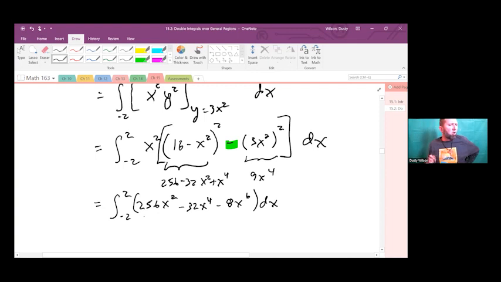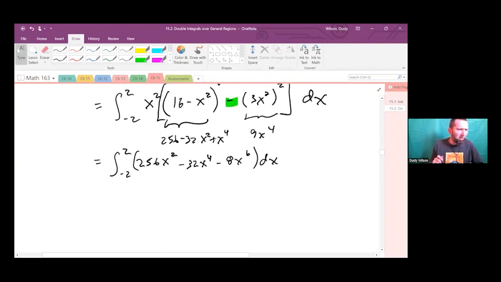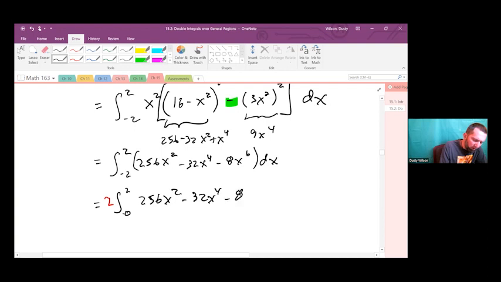These functions are entirely even, symmetric around x equals 0. There's also a common factor of 8, so maybe I will ignore that. So I've got integral from 0 to 2, and then because it's even, I'm going to double it. So make my anti-differentiation a little easier. So now I have 256x squared minus 32x to the fourth minus 8x to the sixth dx,